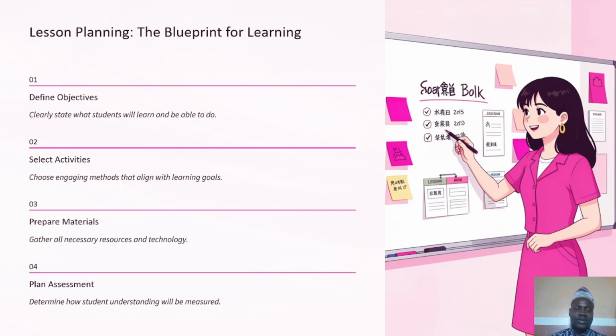But in the course of this video, I will restrict myself to the lesson planning as it relates to the objective of the lesson, the selected activities, which could be procedure, and preparing materials, and the planned assessment. You would have to realize that when you have 5 objectives, you have to think about it that the activities or the procedures that will make you implement those 5 objectives must also be clearly stated, because